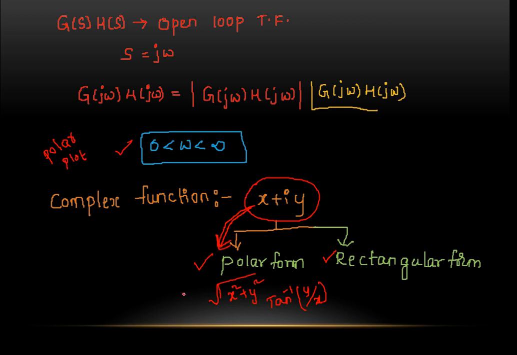In this way we represent any complex function in polar form. In polar form we have the magnitude as well as the phase value. If you draw the plot between this magnitude and phase by varying the ω value, then you will get the polar plot, and the polar plot must be drawn on the polar graph sheet. This is the brief introduction to the polar plot. In the upcoming video I will discuss the basic polar plots of basic functions. So thank you everyone.